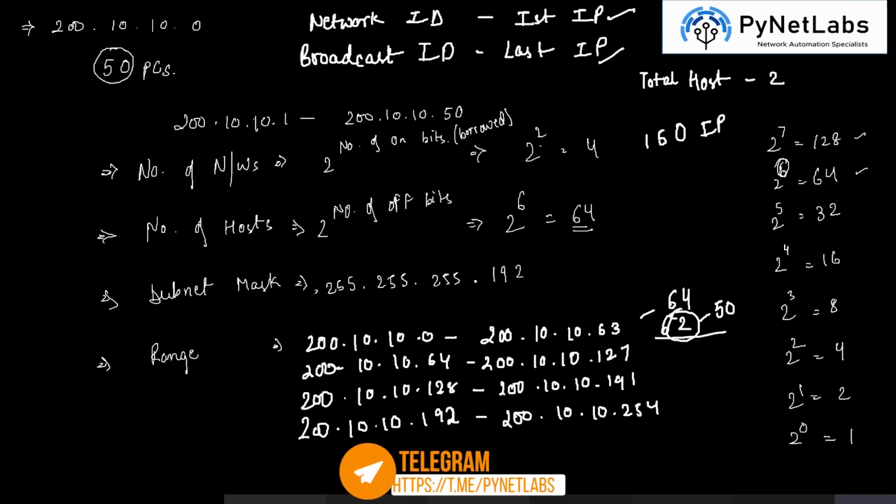So Ranjan, what is happening here is when you look at the very first range, which is from 0 to 10.63, if you add 64 to 0, you will get 64. However, when you simply add the number 64 to the range, you miss the very first IP. So similarly, when you take range number 2, and if you just count the number of IPs, you will get 64 only. So there's nothing wrong in this, and you can check this by counting.